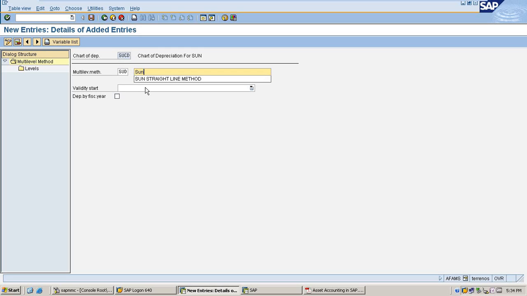In the same way, I'm going to maintain one more method for my Sun company code, written down value method,